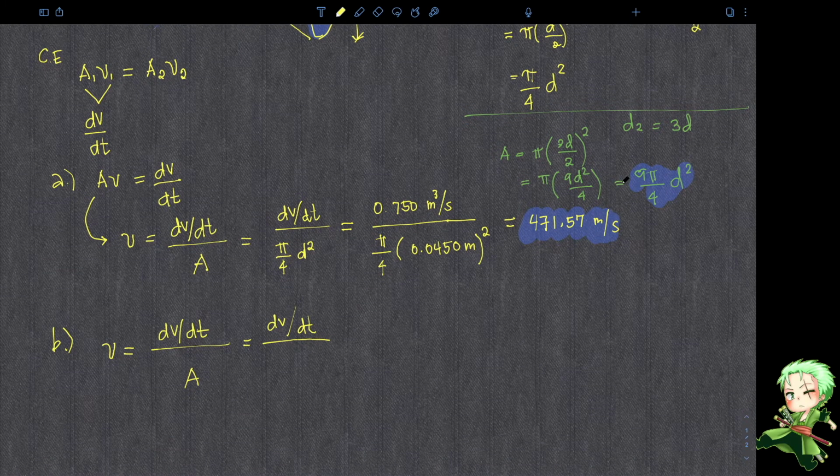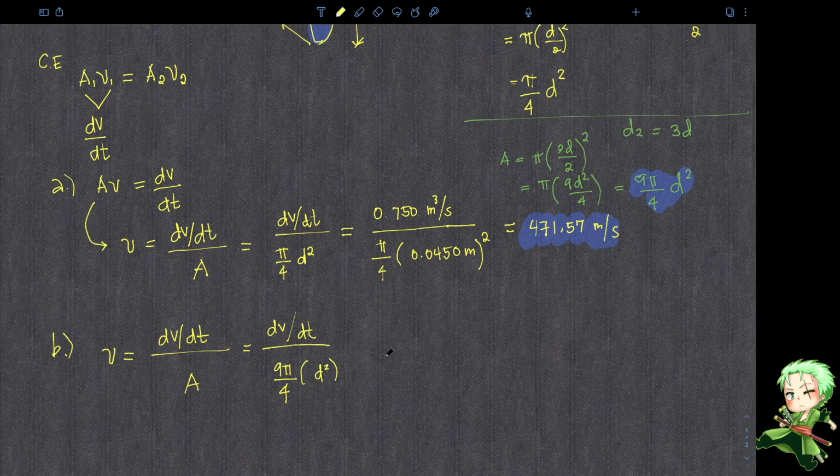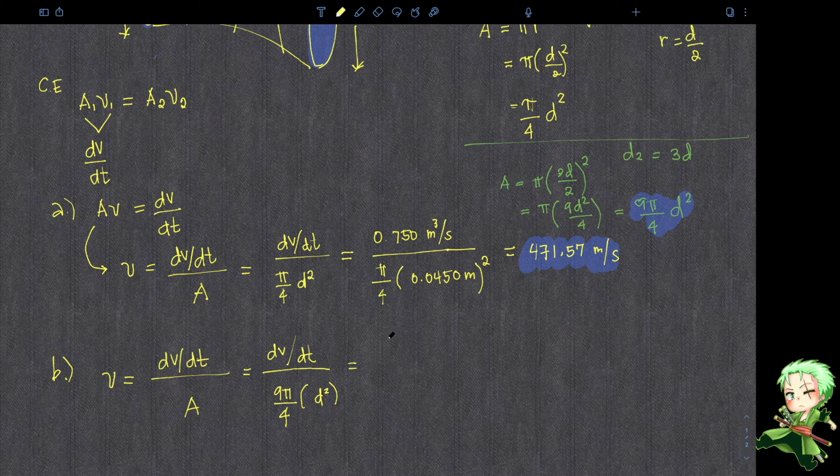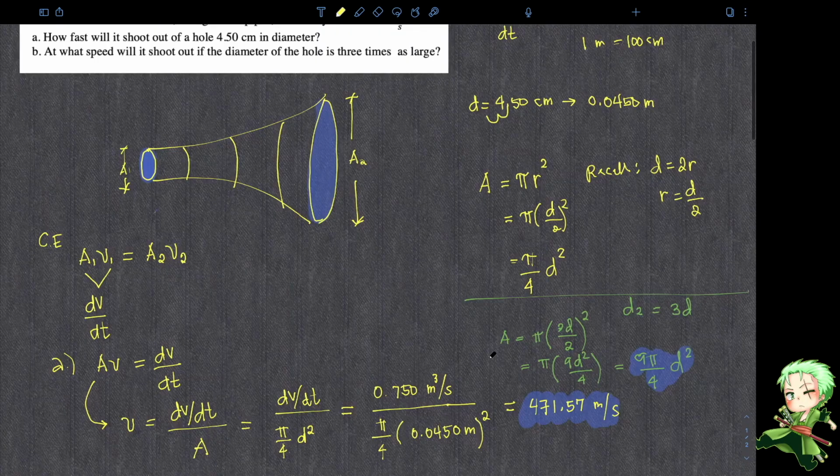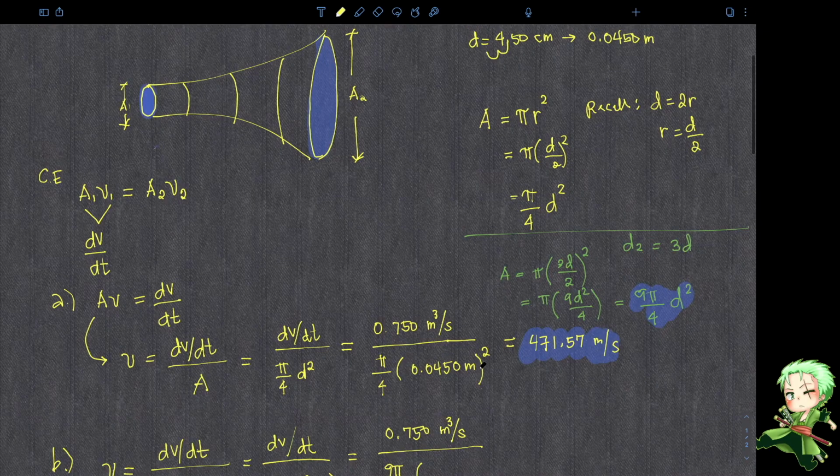You just replace A with 9 pi over 4 multiplied by d squared. Plug in the value. The volume flow rate is a constant 0.750 cubic meters per second divided by 9 pi over 4. You don't have a problem with this one since this is already a constant. And then d squared, which is just 0.0450